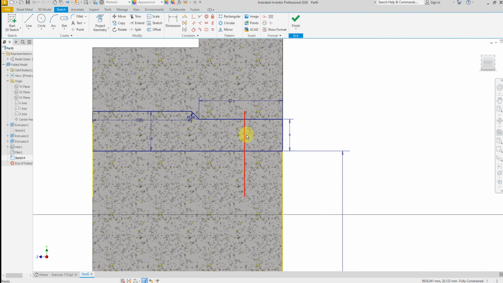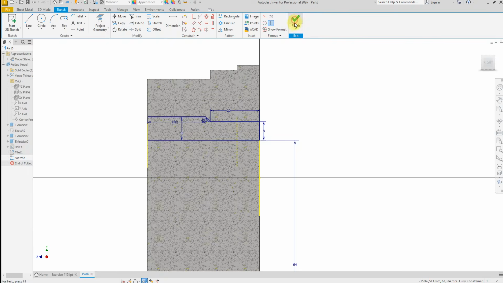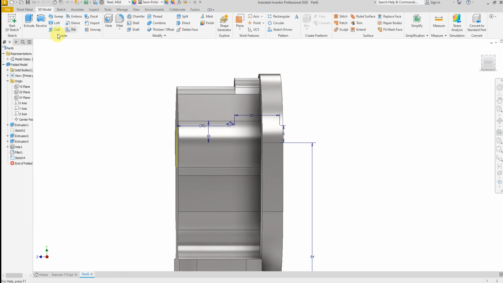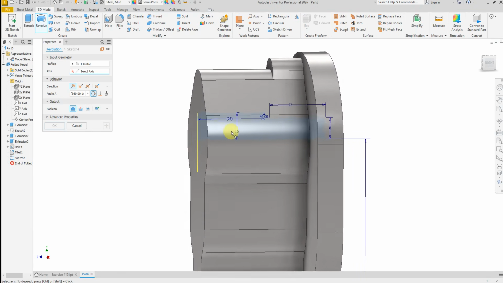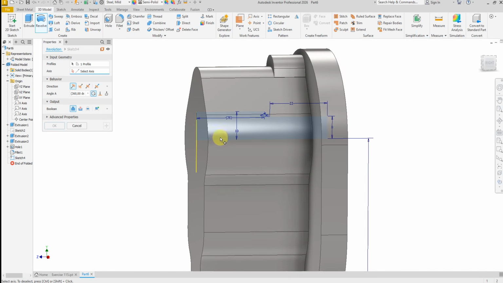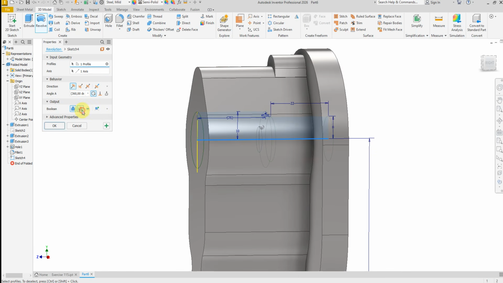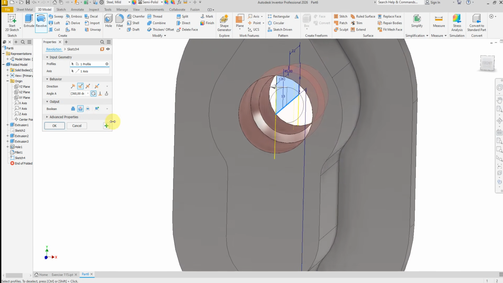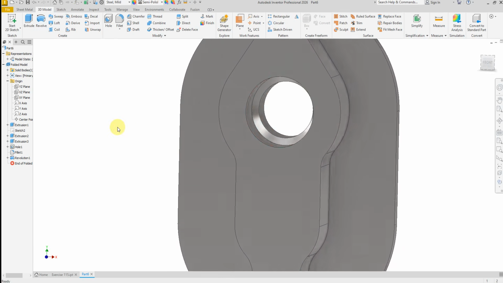now select this line and convert to construction line. Now finish the sketch. Select the revolve command and select this profile, axis, select this line and select cut. Okay,